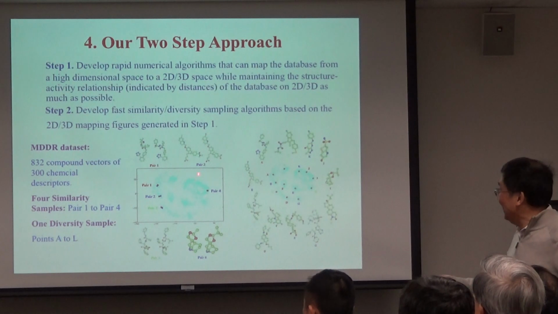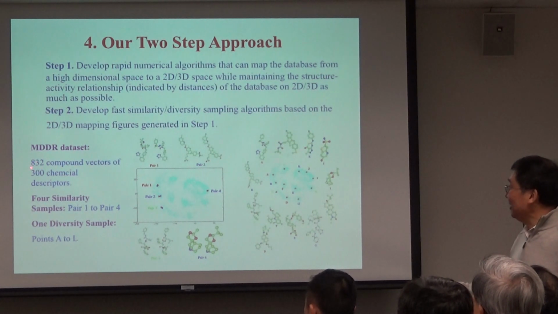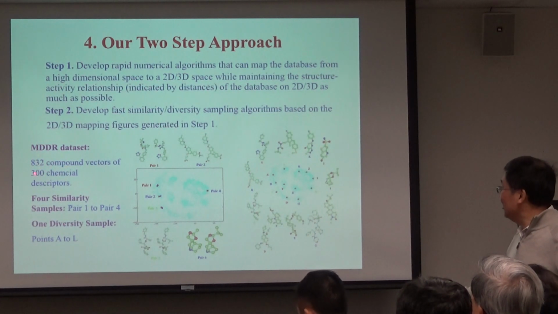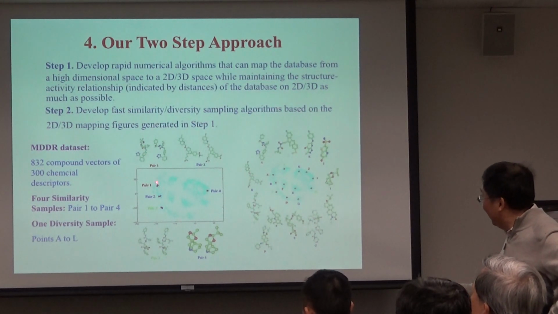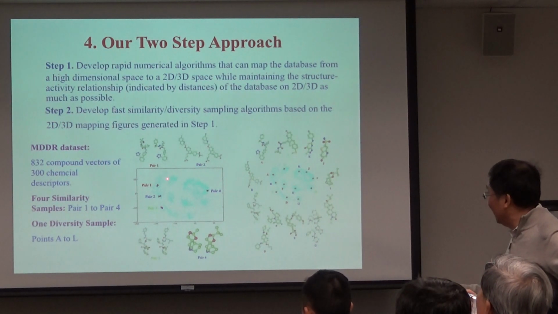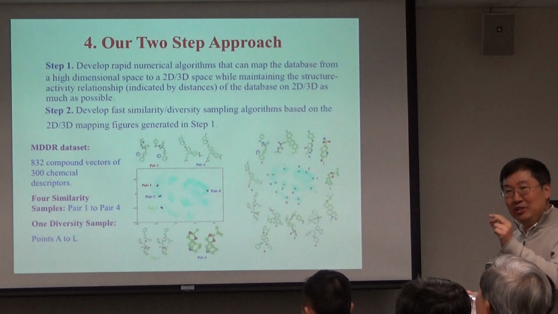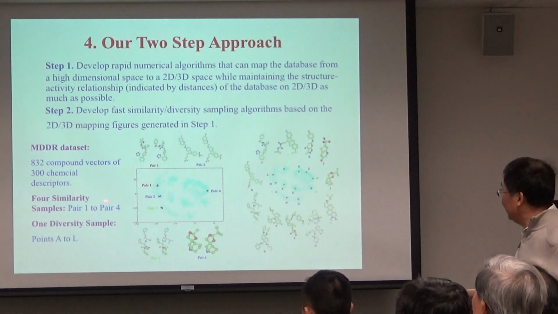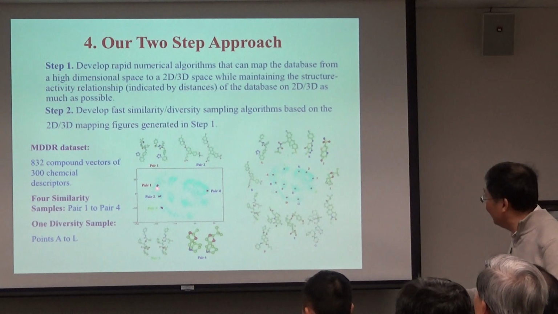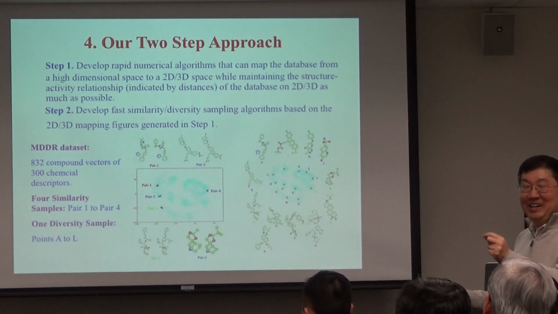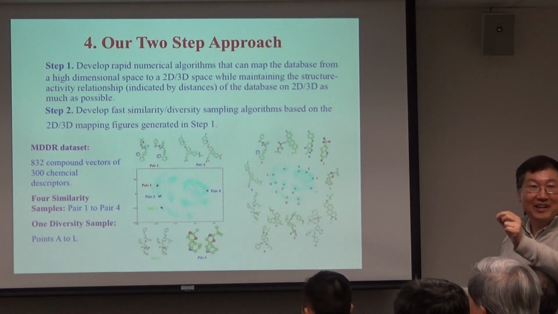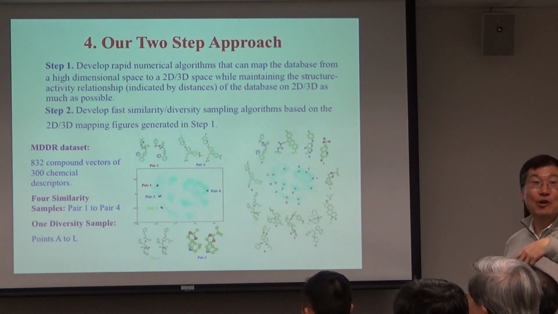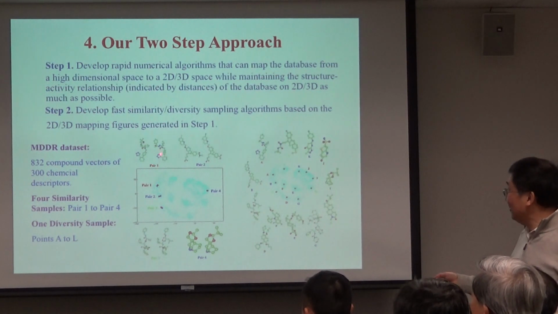For example, here, I did a test with 832 compounds. Then these compounds have been mapped to 2D. Now you get the figure. In the figure, the distance between 2 points indicates the similarity. Okay. So for example, these 2 pairs are very close. We see they are similar. So now with this mapping, I think chemists maybe can now identify some compounds, and then we're going to do tests. So that's a similarity sampling.